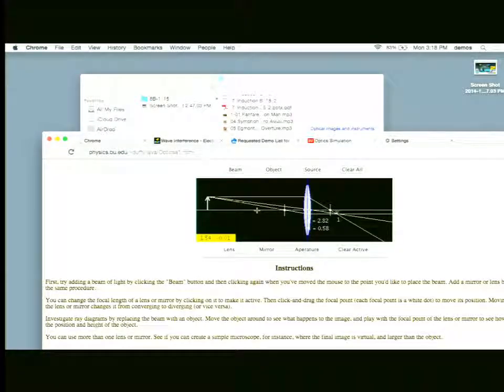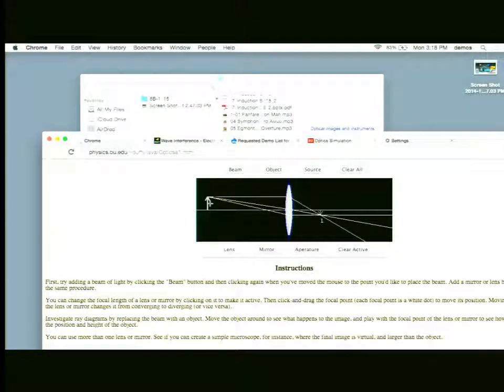2F is about here. So let's say I approach, let me move it over here a little bit, because I want to have room over here to do it. So F is here, 2F is about here. Let me bring the arrow in, collect it. And as I bring it in, at 2F, what happens is the